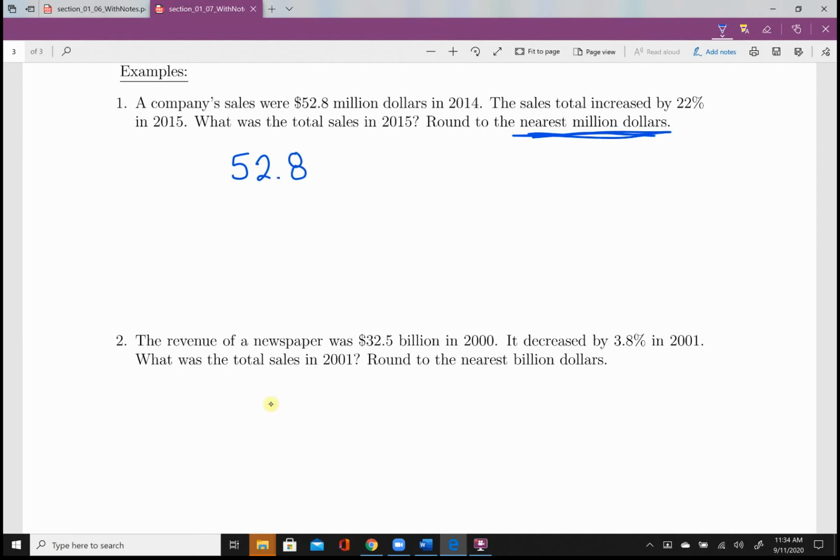52.8 therefore should be multiplied by, since it's an increase, 1 plus, what's the decimal representation of 22%? It's 0.22, right? So 1 plus 0.22 is 1.22. So that's how I'm getting the multiplier that I'm about to impose on this $52.8 million. Reach for your calculator. Multiply those values, and what do you get? 52.8 times 1.22, and I get